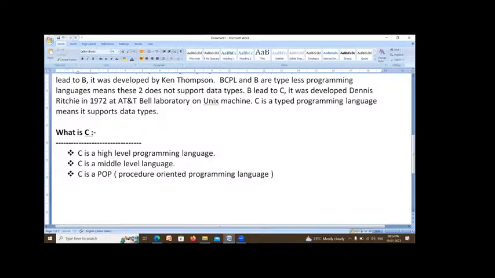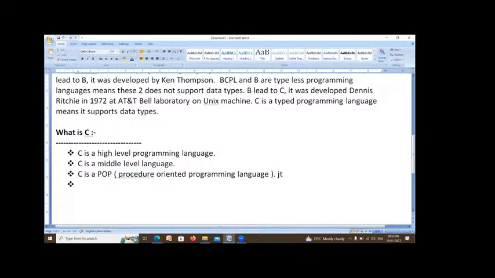C is a POP language, which means procedure oriented programming language. The meaning of this is that it gives more priority to procedure and less priority to data.